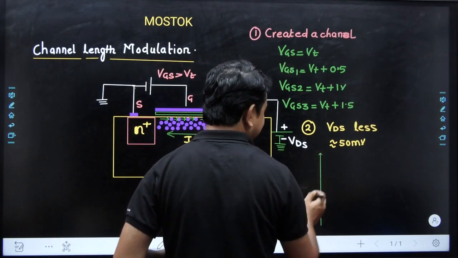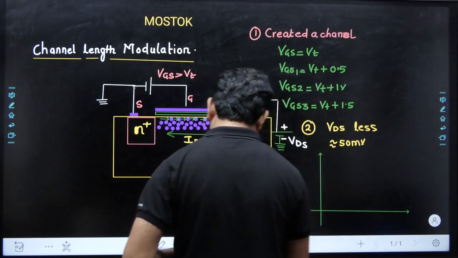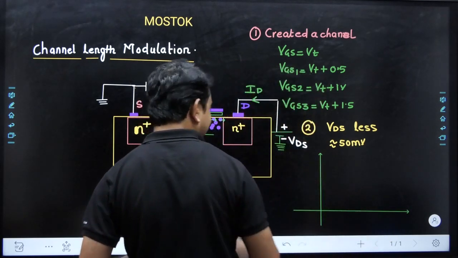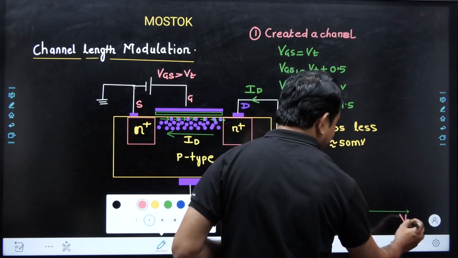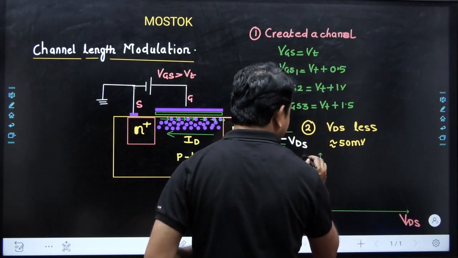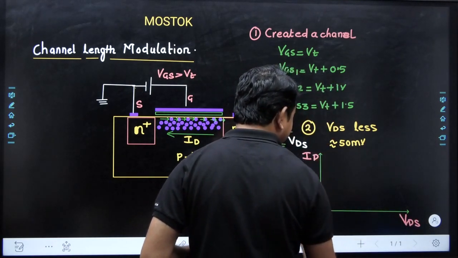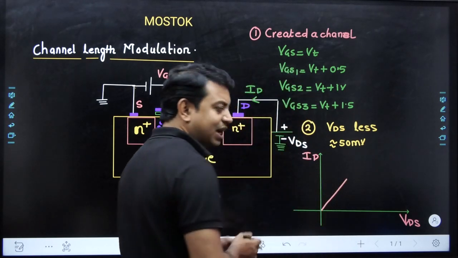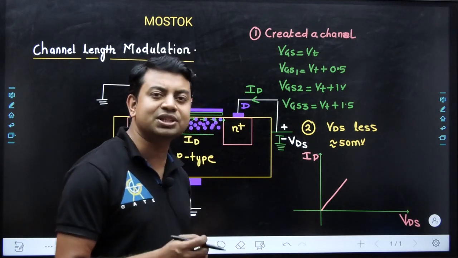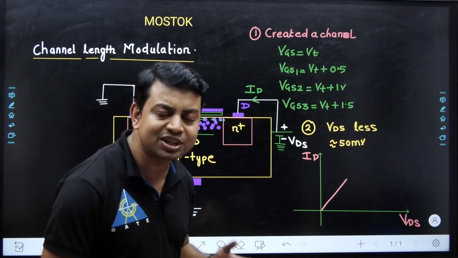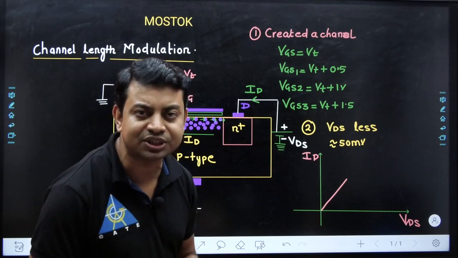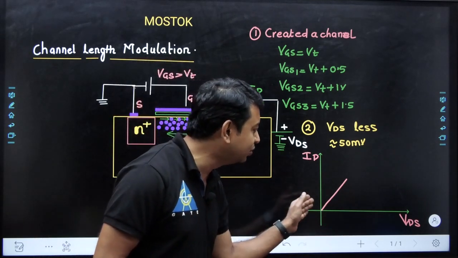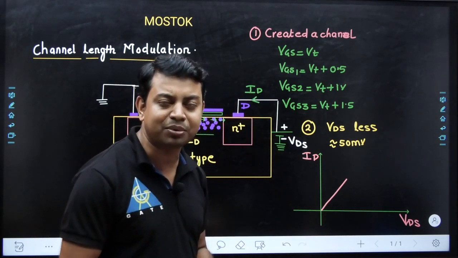I am drawing the characteristic here. This is the line which is representing the voltage and current. Here we have the voltage VDS and here we have the current ID. And how can we draw the characteristic? The characteristic is drawn like this, and it shows that the voltage and current are increasing simultaneously. If we increase the voltage value, the current value is increasing simultaneously.